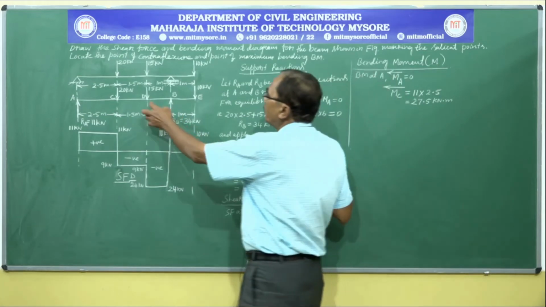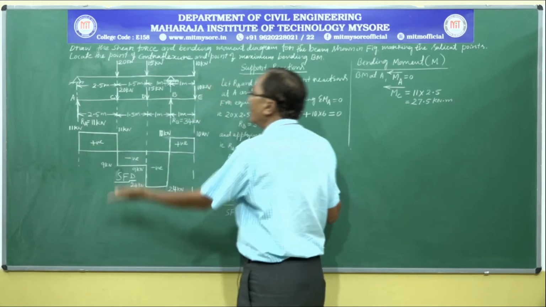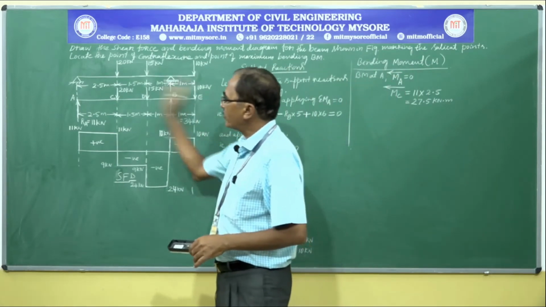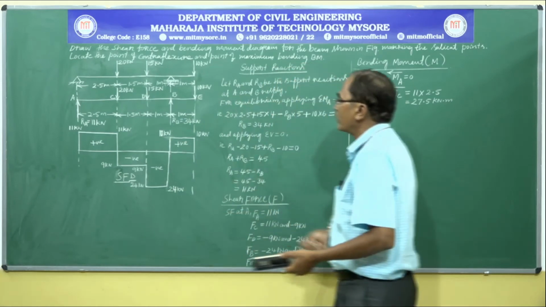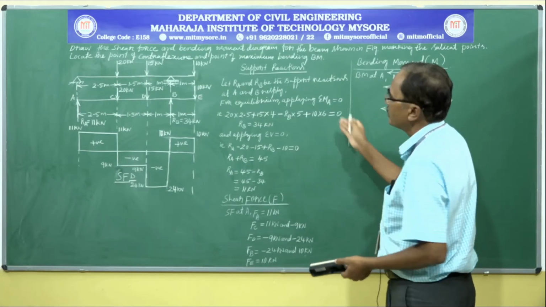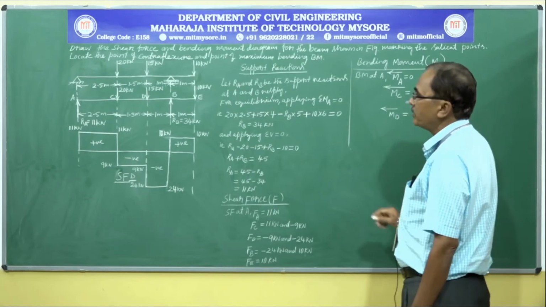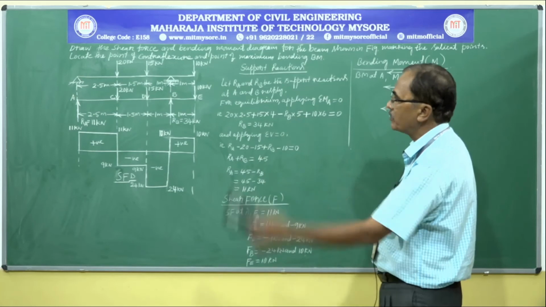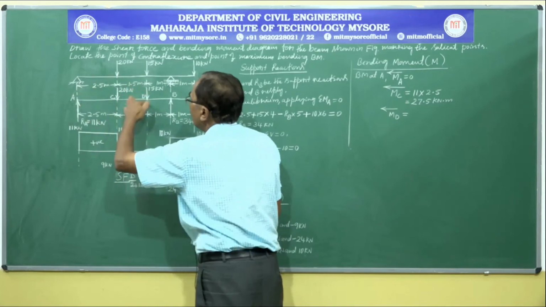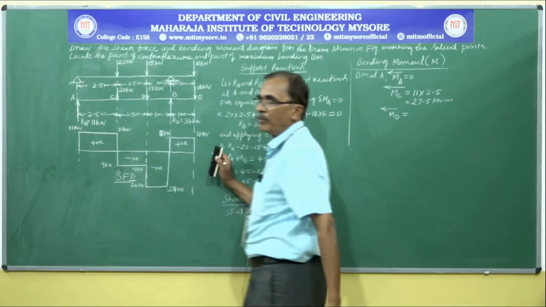Next, coming to point D, here we can consider the forces to the left hand side, or we can consider forces to the right hand side. The bending moment calculated by considering forces to the left side or to the right side will be the same. So for bending moment at point D, let us consider the left hand side again, because forces are there on both sides. Treat clockwise as positive and anti-clockwise as negative for forces to the left of the point considered. So this support reaction will create a positive, clockwise moment about point D, and this 20 kilonewton will create a negative, anti-clockwise moment.